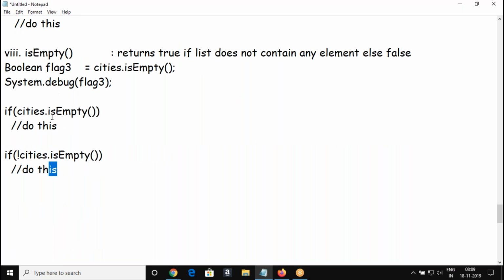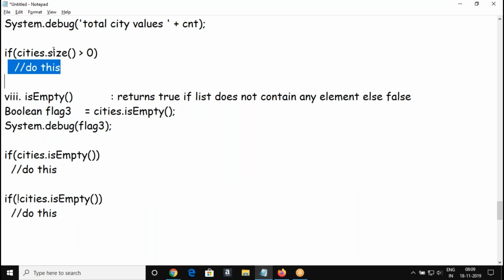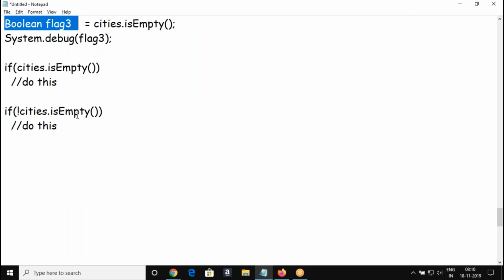We are going to see more examples on this, but this is how you'll use this in your Apex programming to check whether the list contains elements and do some process. If there are employees, then do something, right? If the salaries are there, then do something. If the employee is an experienced employee, do something. How to check whether the list contains elements or not: you can go with the size method, or you can go with the isEmpty method.